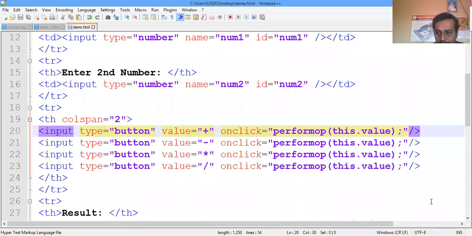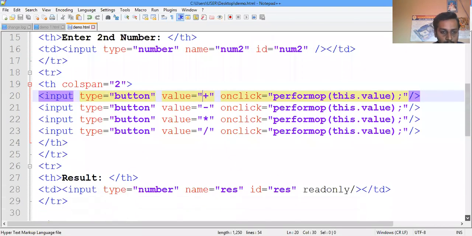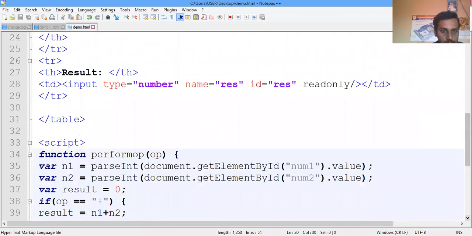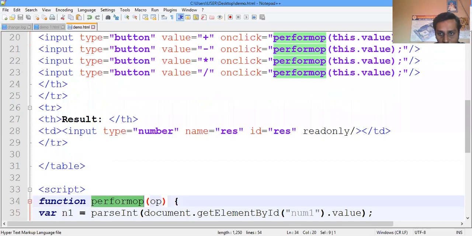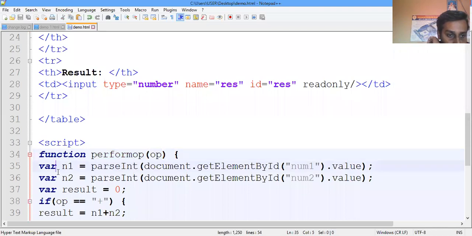As soon as I click, the cursor will move to the function. What is the name of the function? Perform. The same thing is written here. This value means the number 1 and number 2 values. Which function are we using?